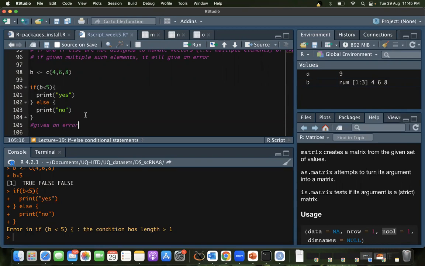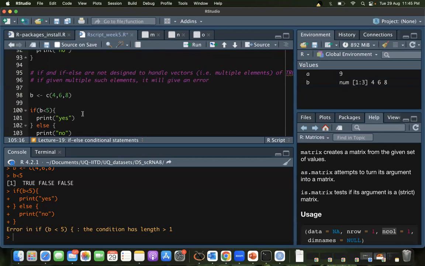Can somebody remind me what is the difference between error and warning? Error won't give a result, but warning gives a result. Correct. That's right. So here it's an error. The command did not run. It did not give you any result.